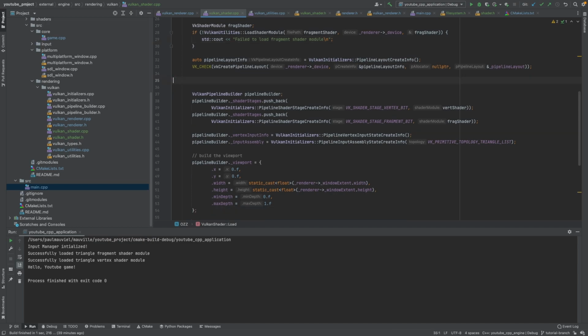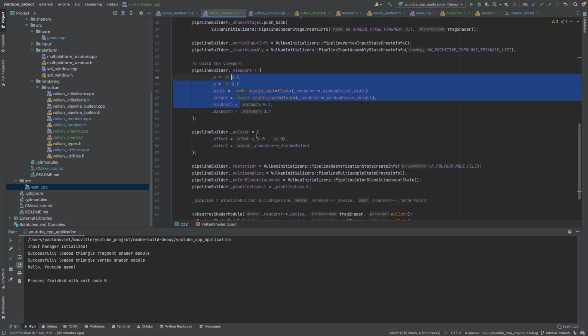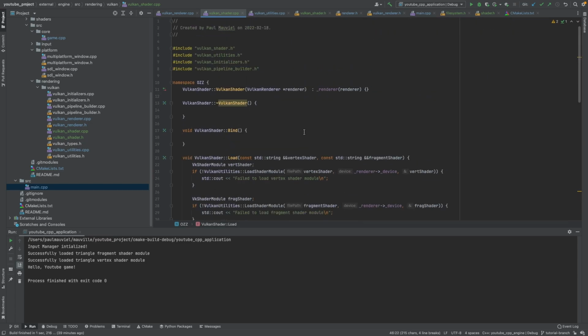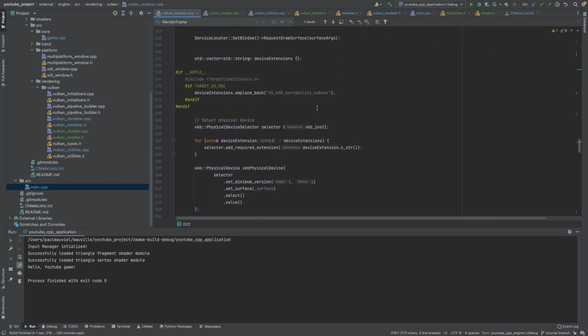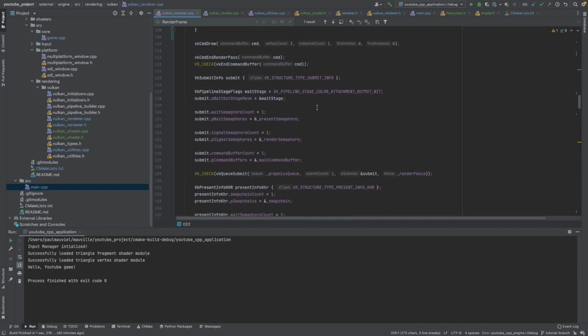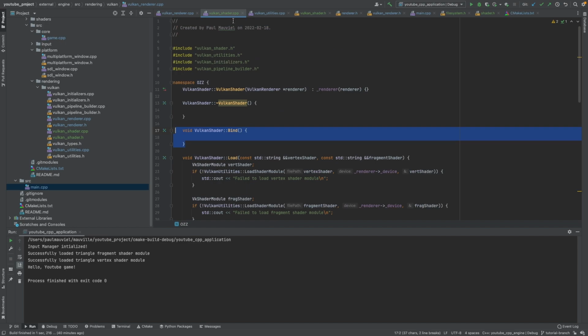Temporary pipeline building. It's no longer temporary. Creating the viewport scissor. All right, I think that's good. Now, this bind function. Let's go back to our renderer. This is clean. The bind function was just one command. It was literally just this. So we can just put that